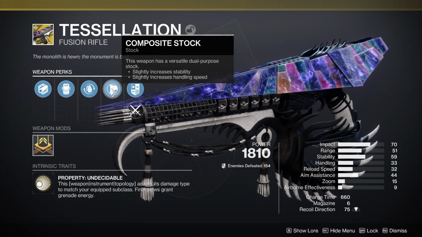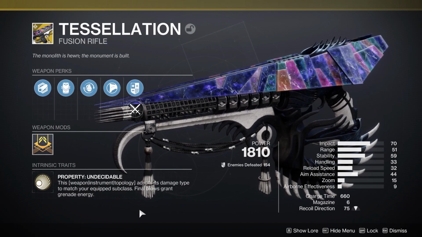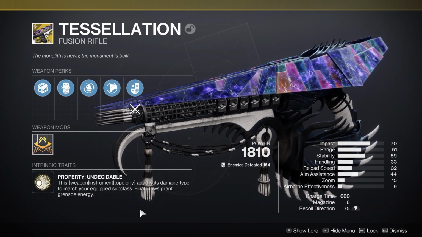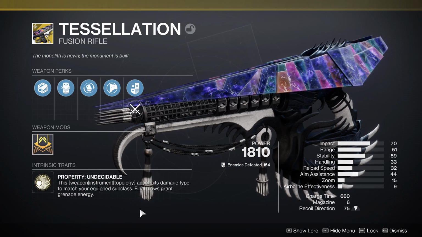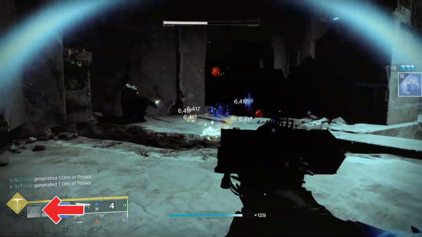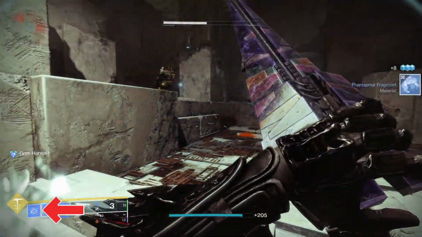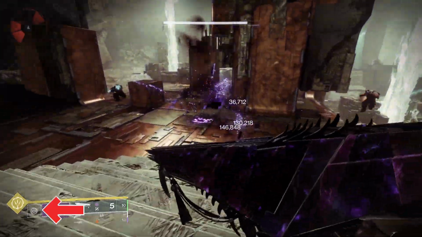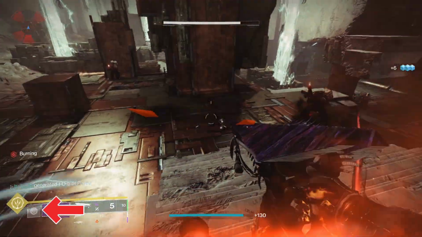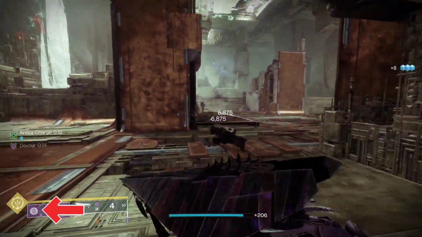And for the intrinsic trait, we have Property Undecidable. This weapon instrument topology adapts its damage type to match your equipped subclass. Final blows grant grenade energy. And let me tell you, the grenade energy it grants is no joke. Demolitionist on special weapons grants 20% grenade energy, and this is doing at least the same amount. But what is amazing about this perk is it also stacks with things like Devour or Threat of Generation, which also give grenade energy back,